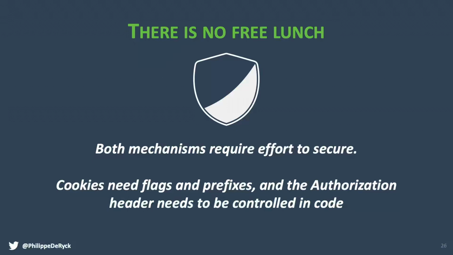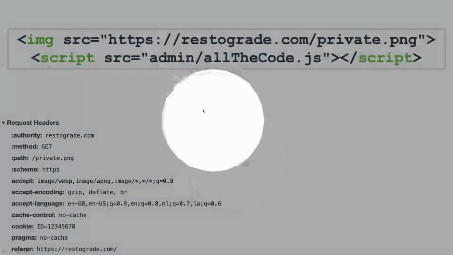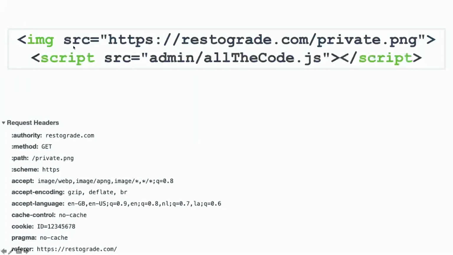They started doing that. And then they said, hey, we're going to load some additional resources, like images or script files. Very simply, you add an image tag or a script to the DOM, and the browser is going to send out a request to load that. You know what's not there when the browser sends that request? The authorization header. They needed to do authorization checks on loading images and script files, and they had no authorization information because the browser simply doesn't send it. Because your application handles the authorization header, and your code cannot control how this request is sent. Well, that's a lie, but I'm going to come to that in 2 seconds.